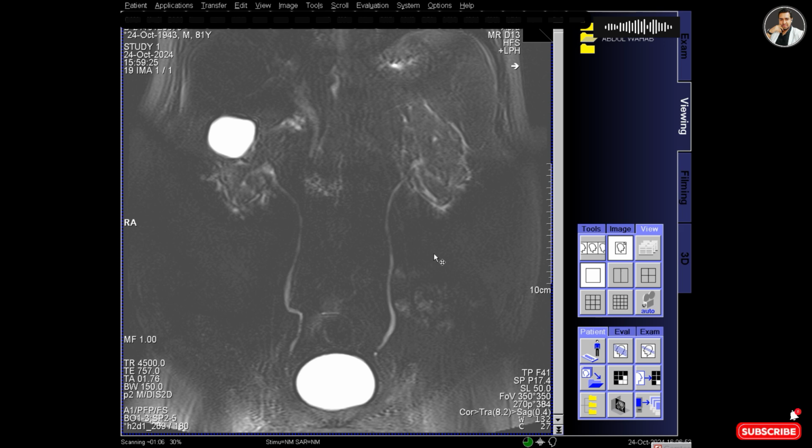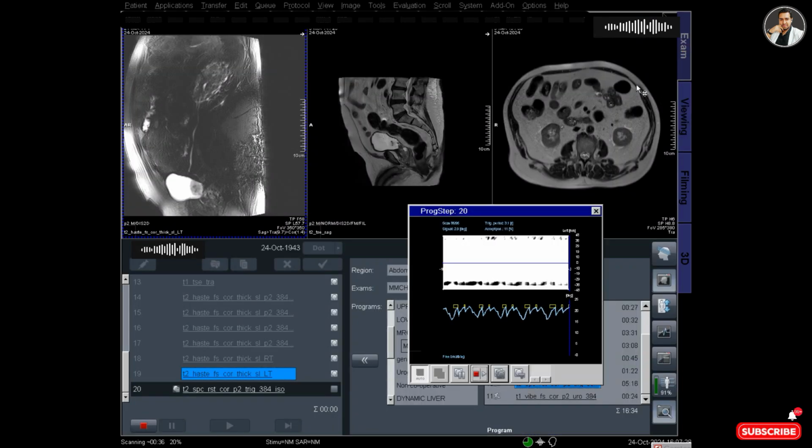At first I didn't get a proper ureter. I didn't get visualization of the ureter because there was no flow of urine. Then I gave the patient normal saline 250 ml through IV, and after 5 and 10 minutes I scanned this protocol and got this result. So hope you understand the technique. Don't hurry, use the proper technique and you will get a proper result.